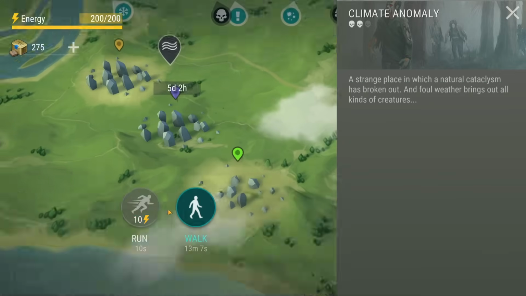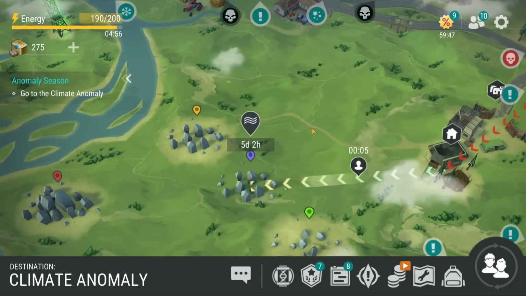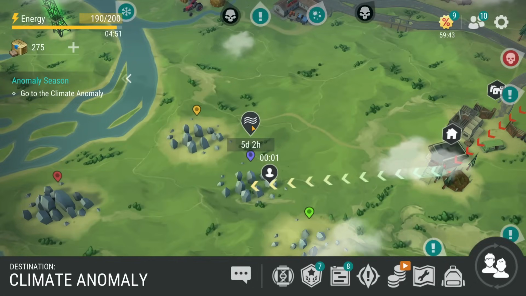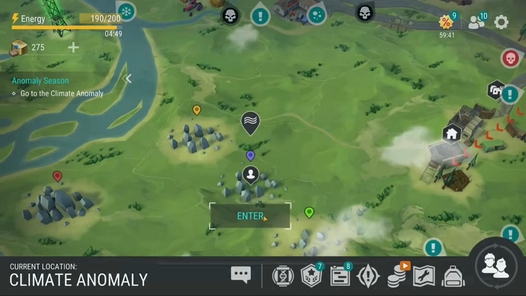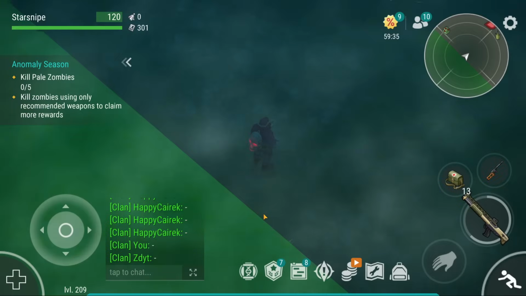The Climate Anomaly is right over here. It's just going to be appearing as a kind of random little zone on the map that you'll be able to make your way over to with the unique looking icon above it. But honestly, content-wise, it seems pretty similar to the previous headhunting event where you had to go and